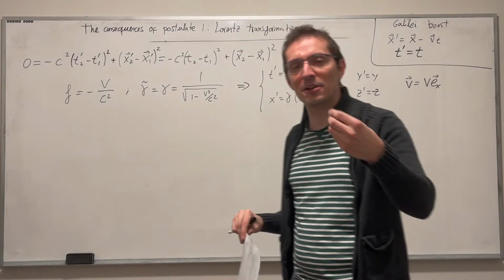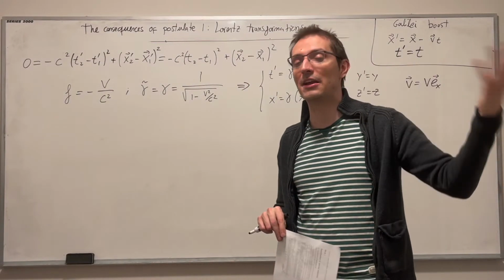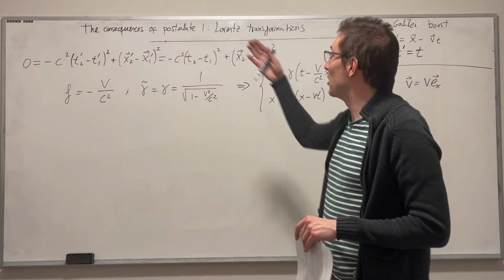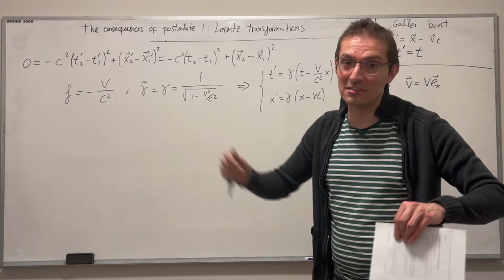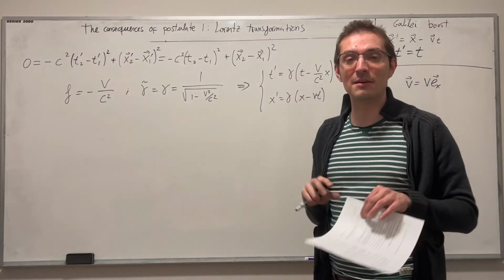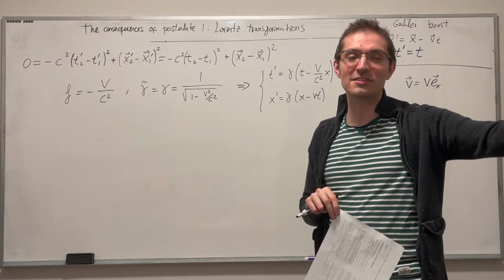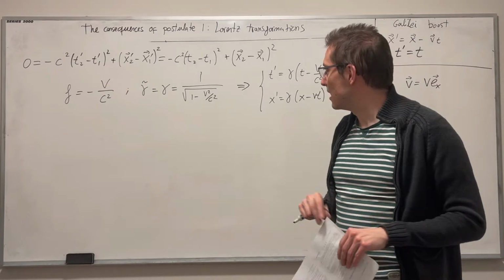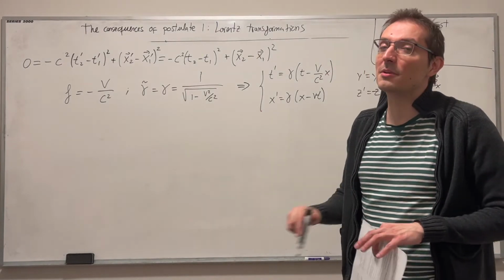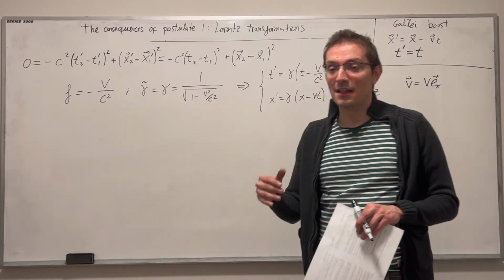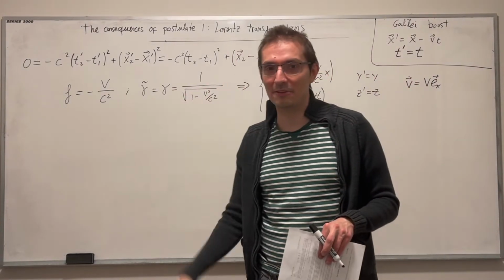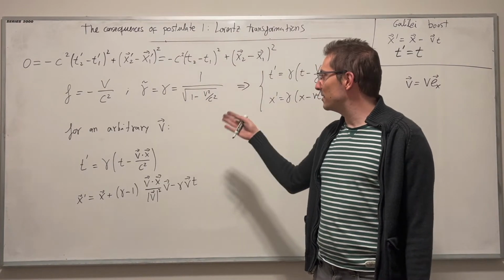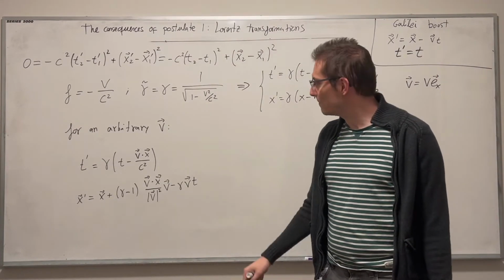Let me write the expression for a velocity in an arbitrary direction, which is just rotating this, or alternatively deriving from the beginning and getting more equations. You will get more equations, but you will solve them, and you will get the same number of coefficients that have to cancel as you have unknowns in those equations. Let me write the general solution. I don't even know if you've seen in previous courses the expression for a velocity in an arbitrary direction. Let's have it. So this is the transformation for an arbitrary direction of the velocity, v.